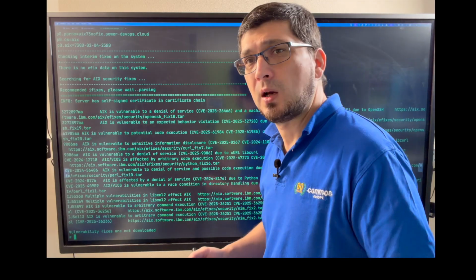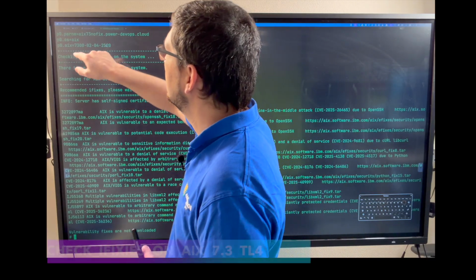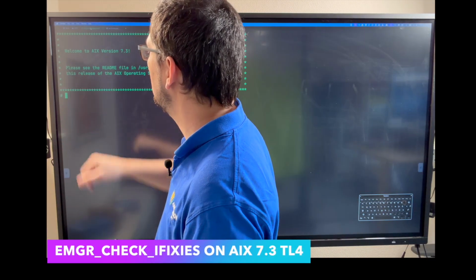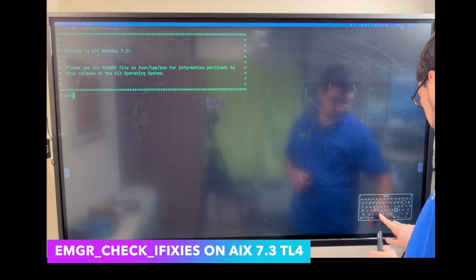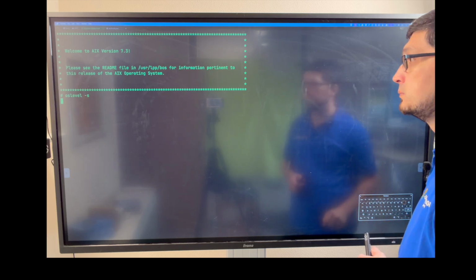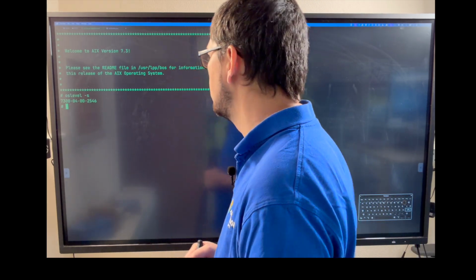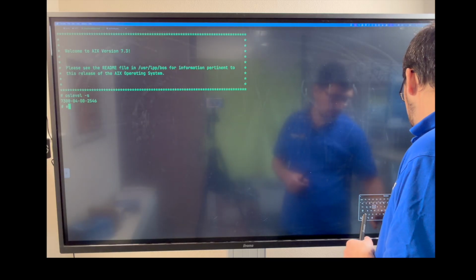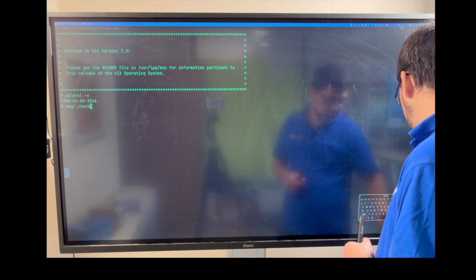But let's see what happens if we use a new server. Oops, what do we have. This is already AIX 7.3 TL4. I hope you see it. And now we can run emgr_check_aixs